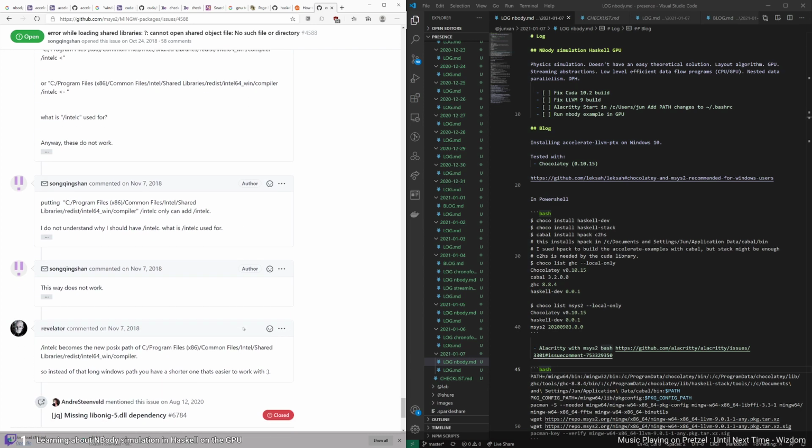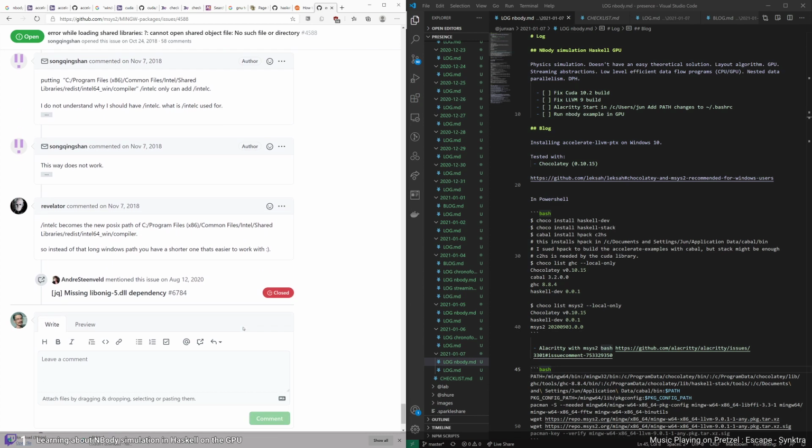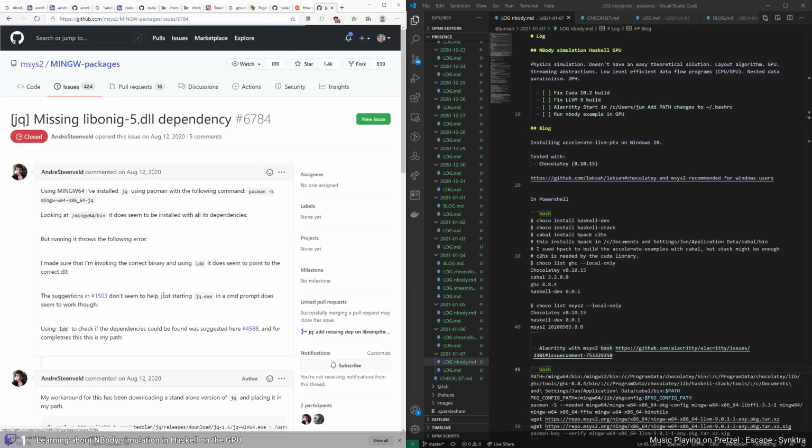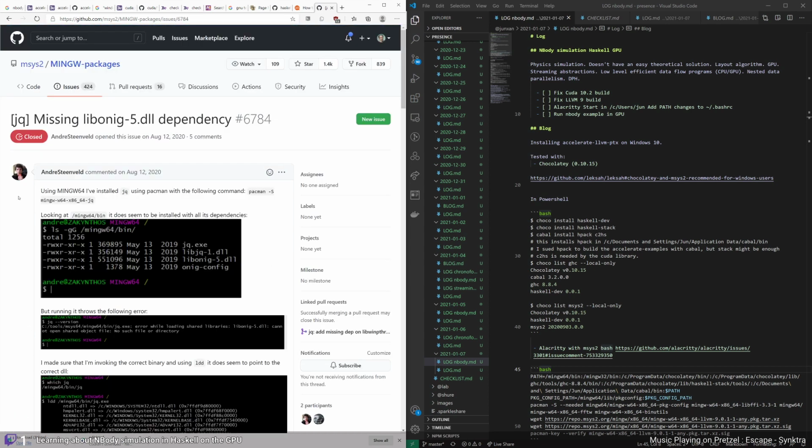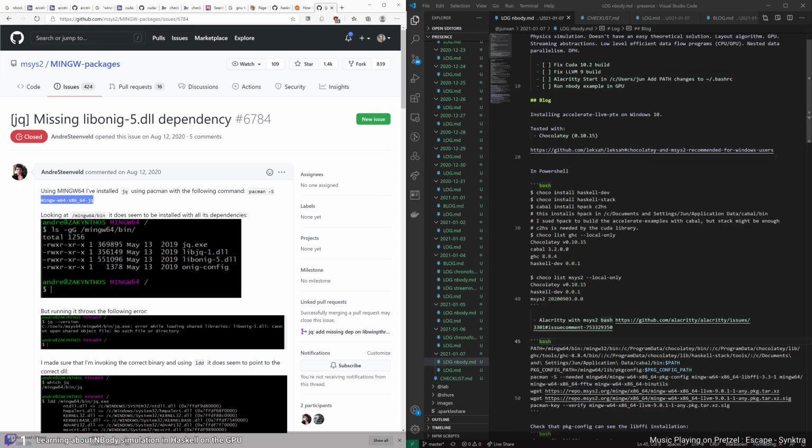Wow, that is a long thread. And it didn't work. Okay, so let's see. That seems like the type of packages we've been installing. And if I look at LLVM,